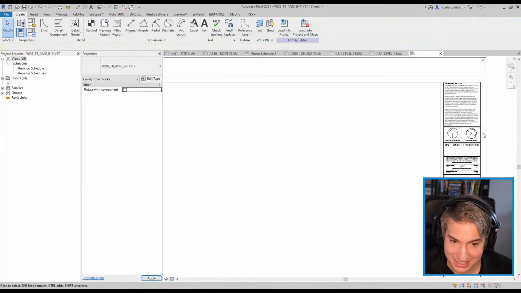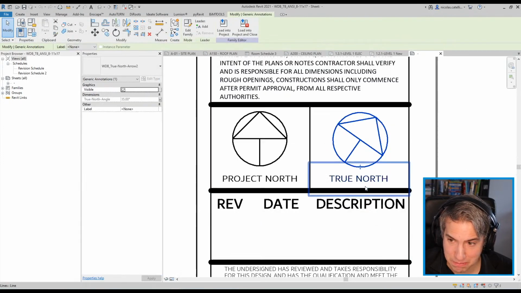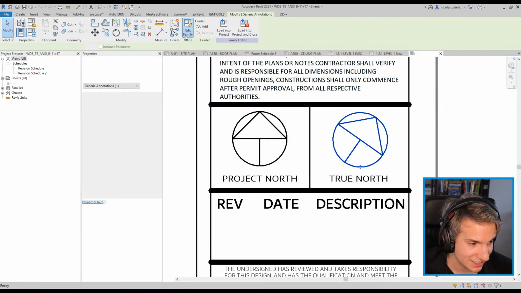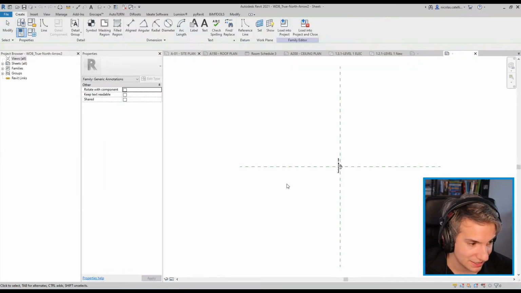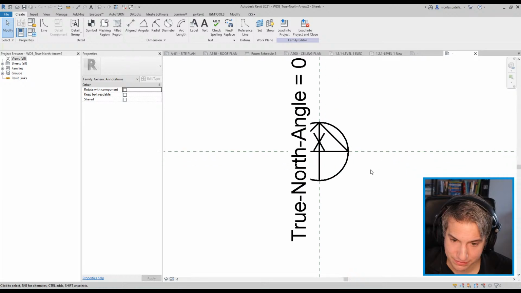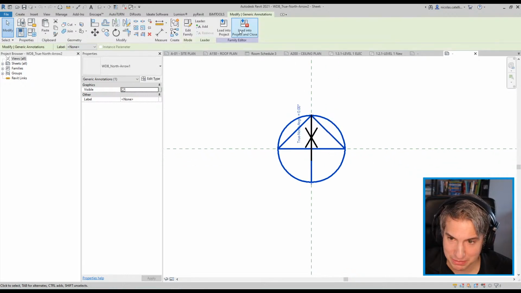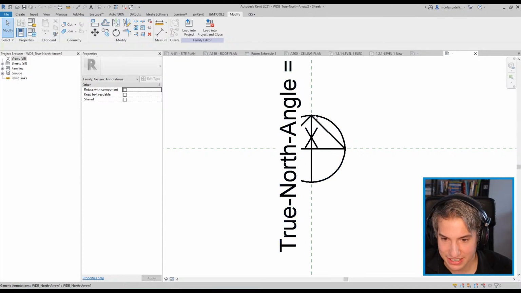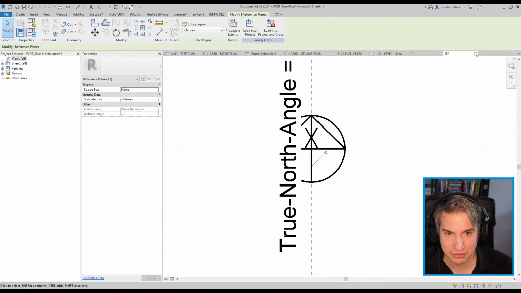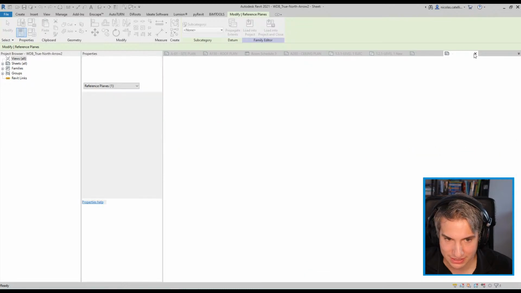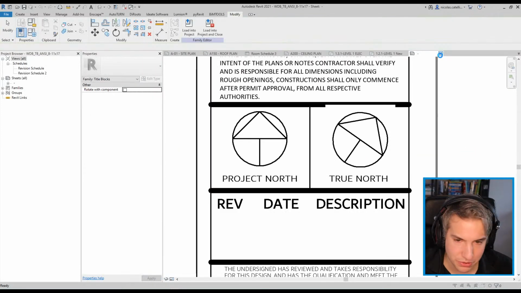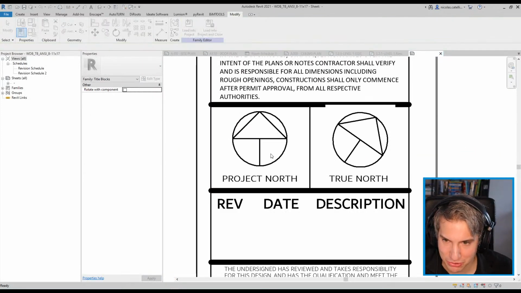And the way I did it, it's basically an embedded family. So I made this family. It's actually a nested family. And then I've set an angle rotation based on the reference plane. So I don't have time to go through the whole family creation process,